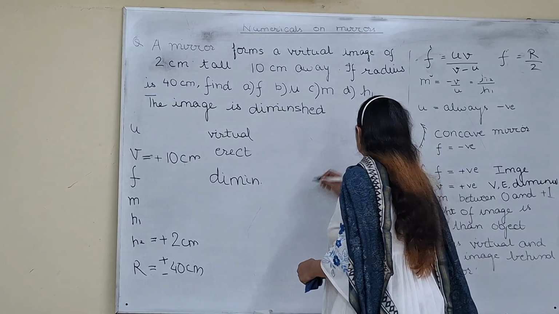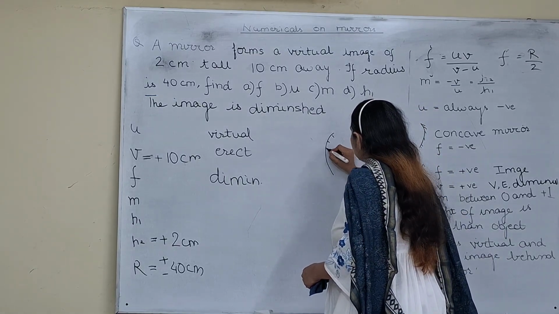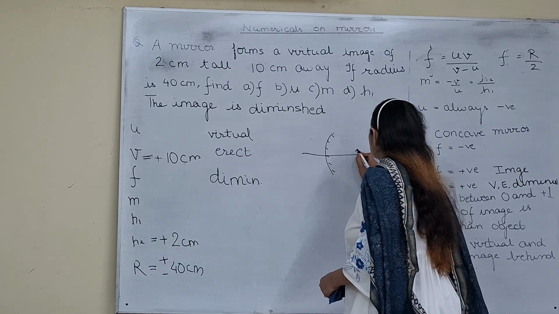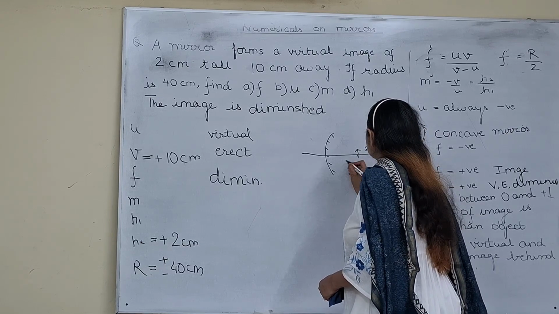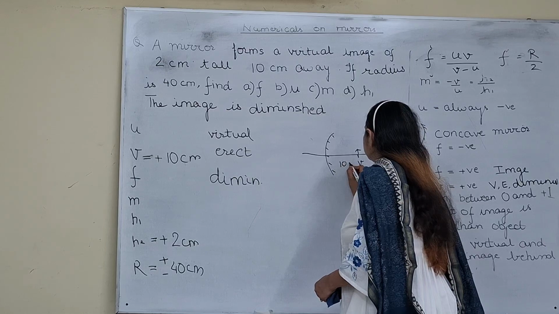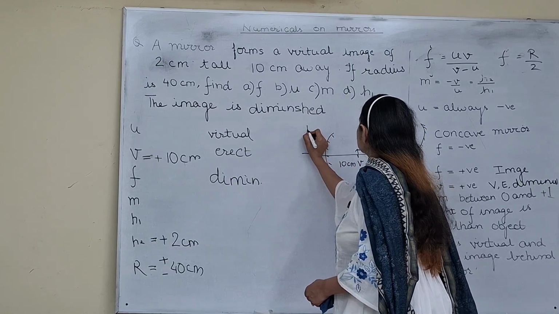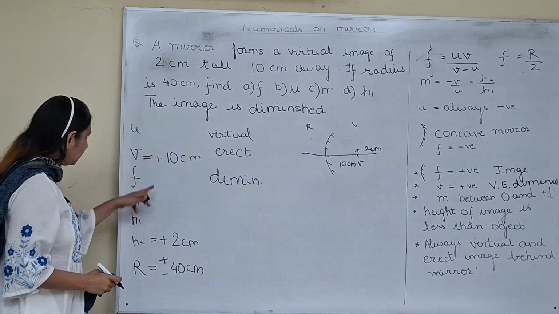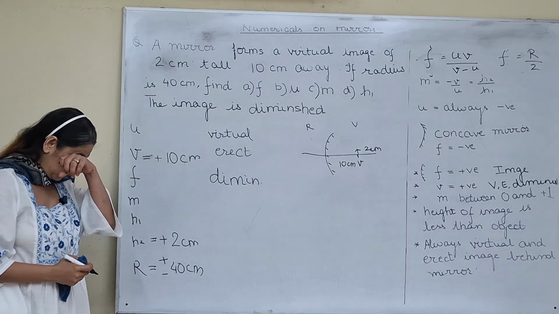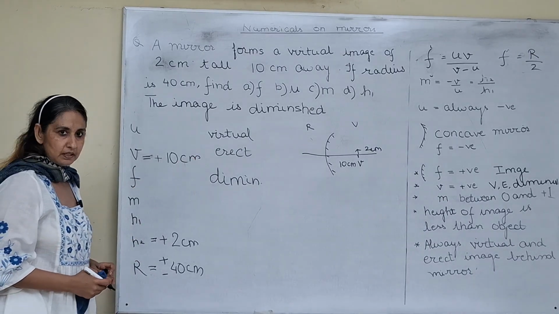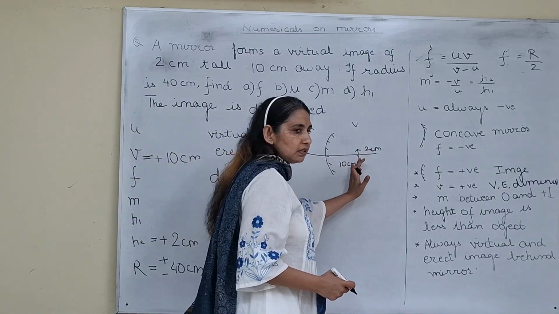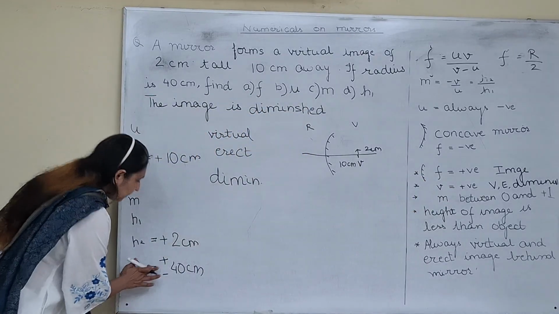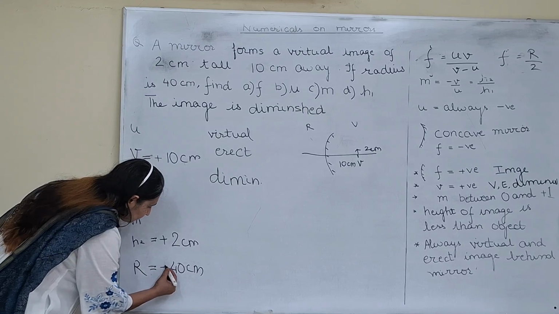Okay, so I am making a convex mirror for just rough work. The image is here, 2 height, and this thing is V, 10 centimeter. I hope you can read that. This is the real side, this is the virtual side. If we haven't put signs on something, we have to put them. The sign of this hasn't come yet, positive or negative. But now we know the mirror is convex. The focal length of convex is on this side, so the radius of curvature will also be here. If it is on the right hand side it will become +20. So I will rub both of them and write +20, +40.